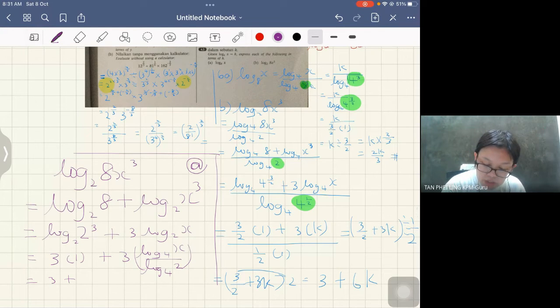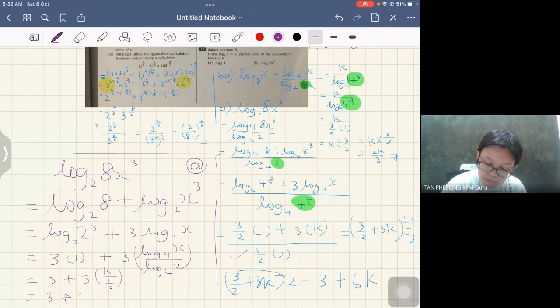Then it can become simpler because in the first place, I have 3 already. Then here I have another 3, then bracket k over half only. Why k over half? Because the same thing here, 4 power half will become half by itself. Same thing like here. So I just substitute in. So k divided by half becomes 3 times